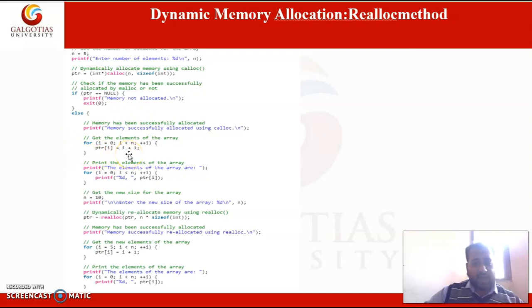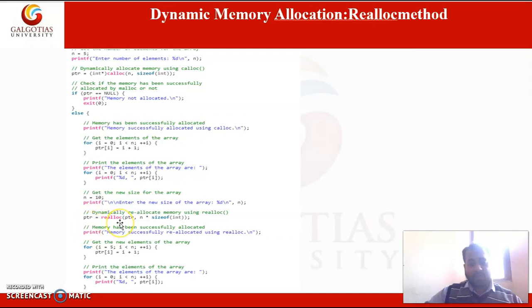Here we initialize the pointer variable with some values using a for loop, and print the values. After this we have increased the number of elements to 10; we have doubled the size of n.